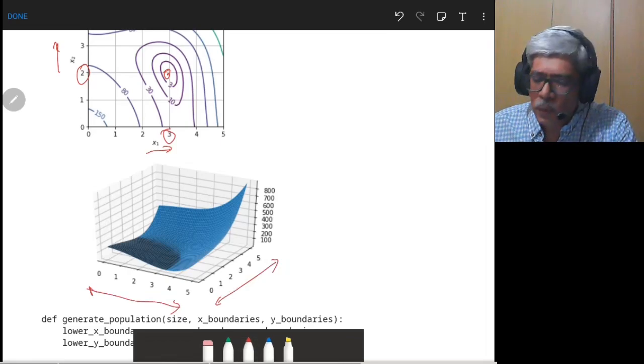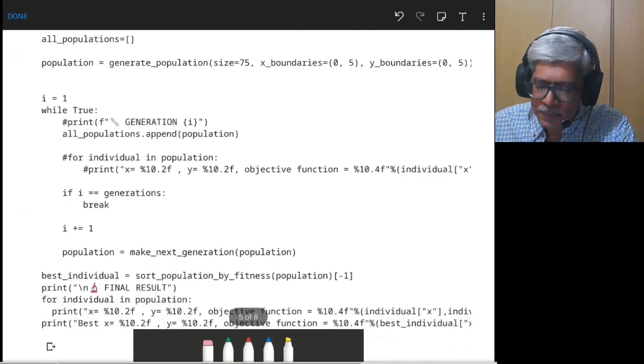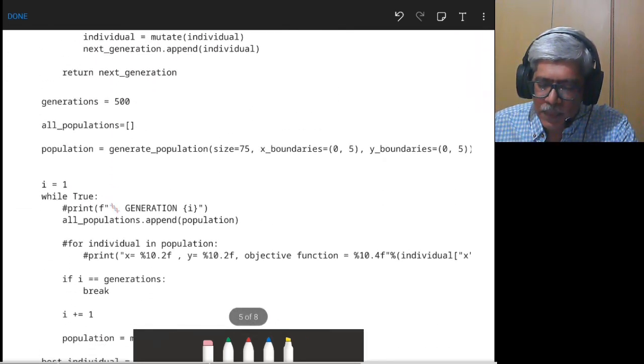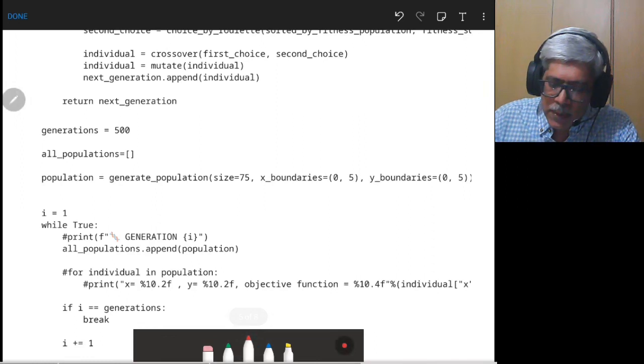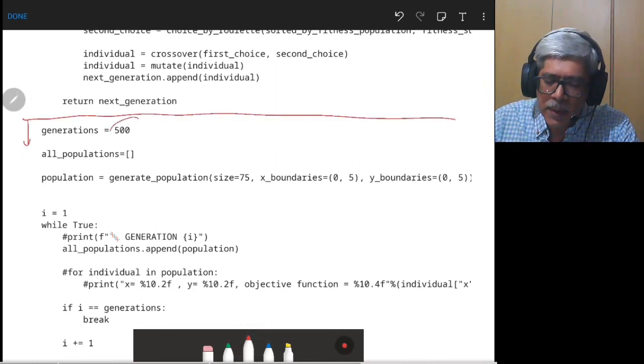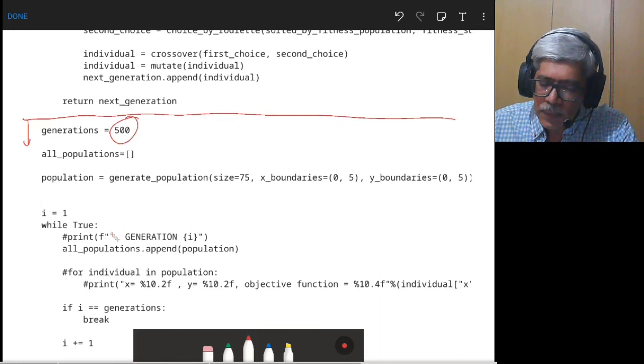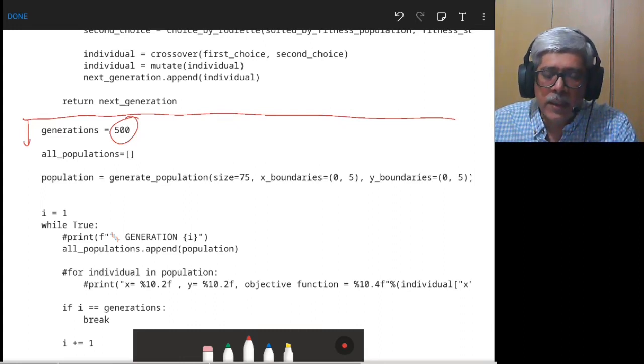Let's look at how this code proceeds. We'll go to the main function, which does the calculation. This is where the main function begins. We are initializing the number of generations to 500, that is, I'm doing this for 500 iterations. Initially, I will create a random generation.